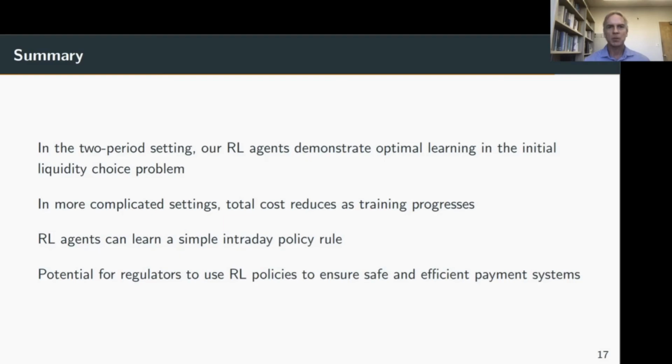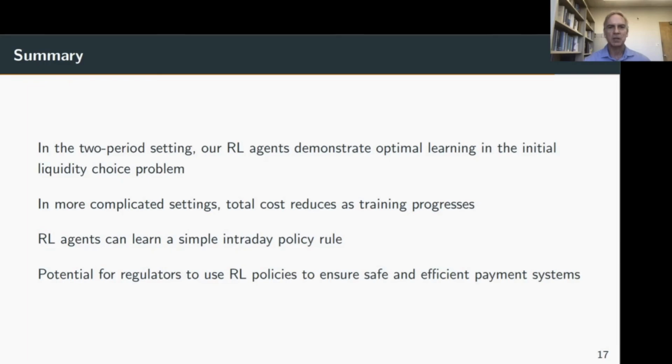The initial liquidity problem that we analyze is an important one, but it is not the only decision that payment processors at banks have to make. They also have to decide how to allocate available liquidity intraday. In our framework, this decision is trivial because delaying payments is costly and payments are divisible. Hence, agents should complete the largest possible share of their required payments, given available liquidity at any point during the day. We demonstrate in an appendix of the paper that if we give banks an exogenous amount of initial liquidity, the RL agent can learn the simple rule.